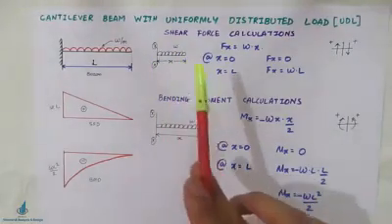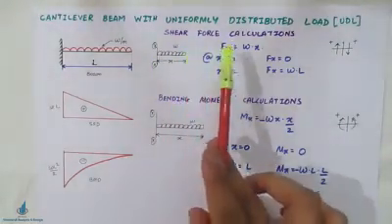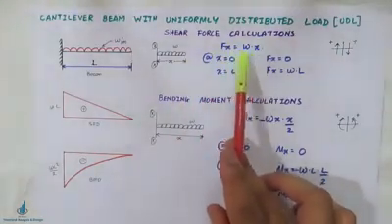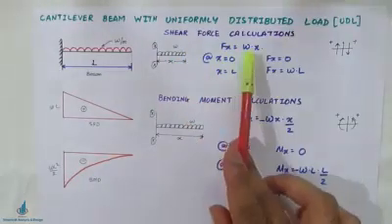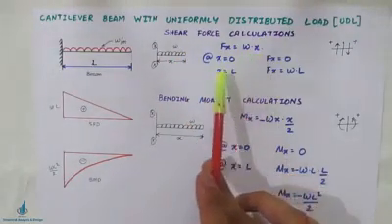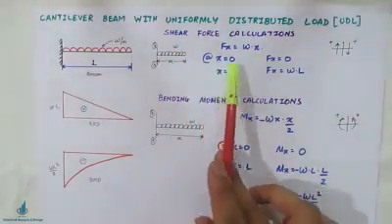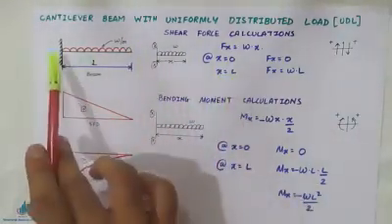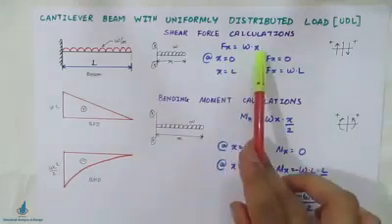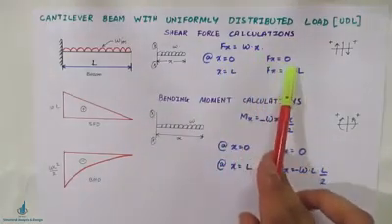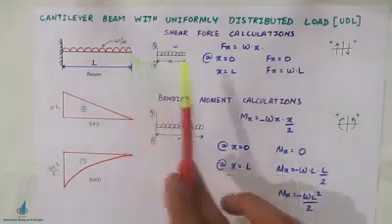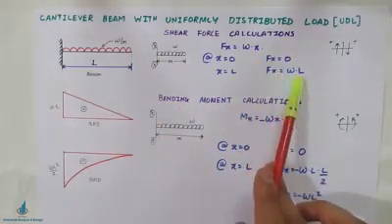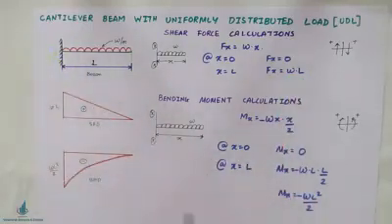For the bending moment, this distance x will come into this shear force equation. So the shear force equation will be W into x. Again there are two values, at x equals 0 at this point, and at x equals L at the last point. If you substitute x equals 0, Fx will be 0, so the shear force at this point is 0. If you substitute x equals L, the shear force will be W into L at this point.